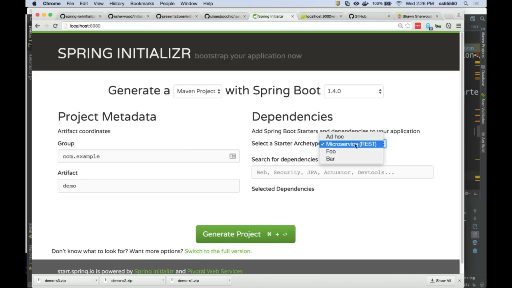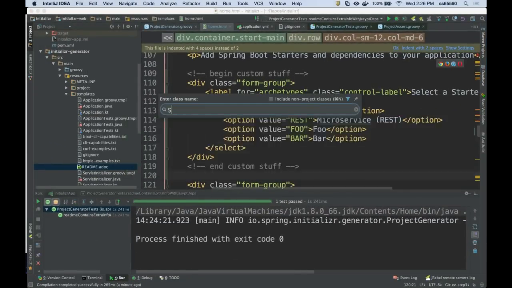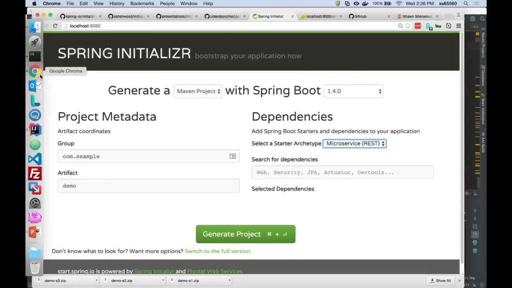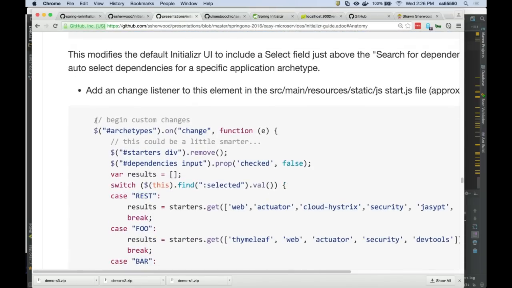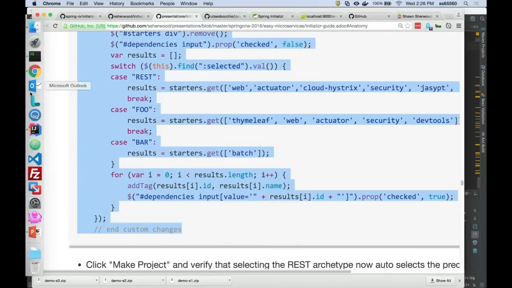Because I'm a good computer programmer, I put in foo and bar just to have a little extra on there. But right now, when I select it, nothing's actually happening. Well, obviously, I have to put some behavior behind that. So there's actually a JavaScript file that I need to add some behavior to. So if I follow along with my presentation and include this,